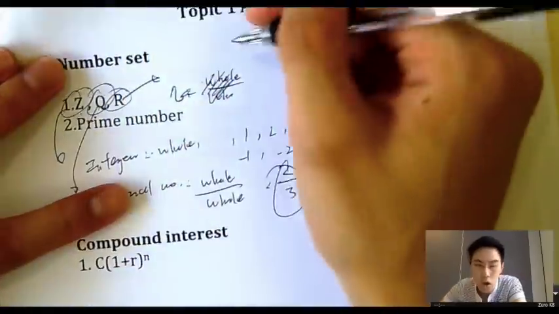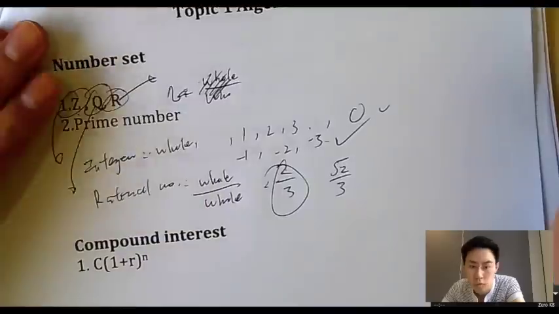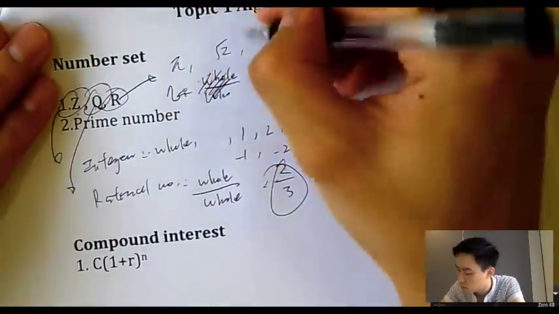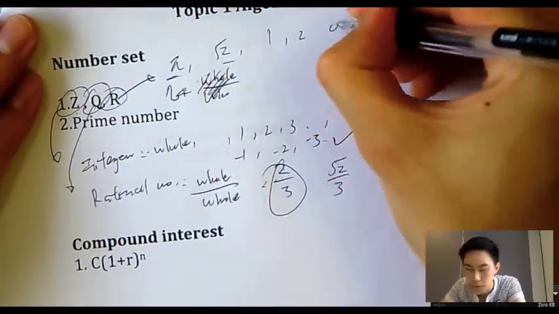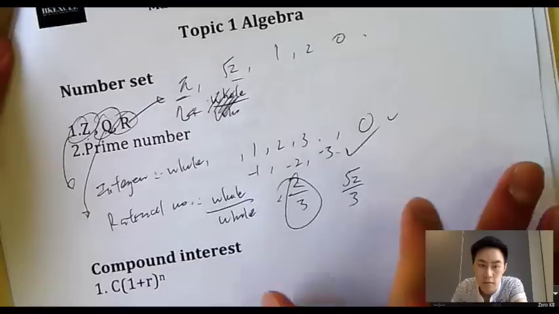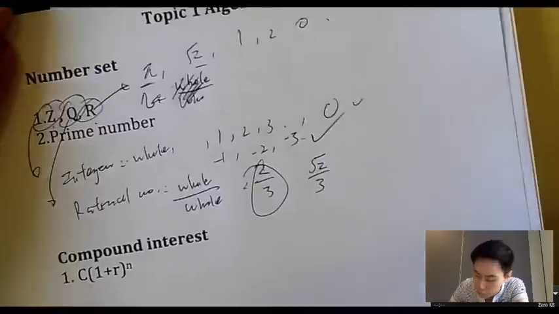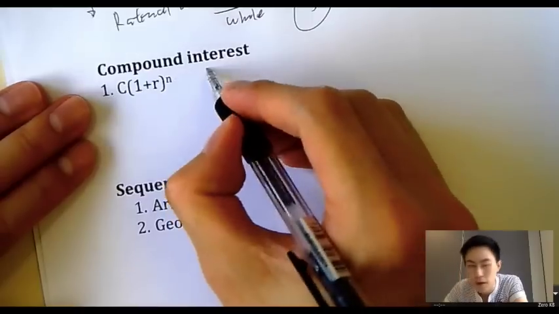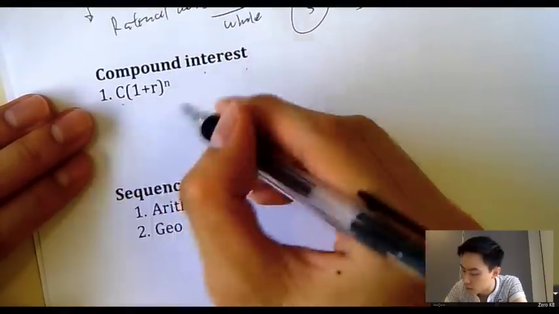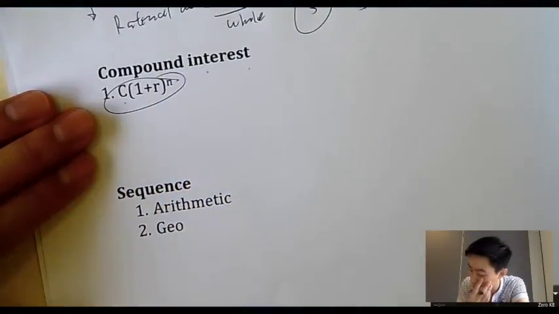And real numbers are all the numbers. So pi, √2, and then 1, 2, 0, they are all real numbers. Basically, if the question asks you whether this is a real number, it's always R, always real numbers. Then for compound interest, you will know that it's this equation on your data booklet,